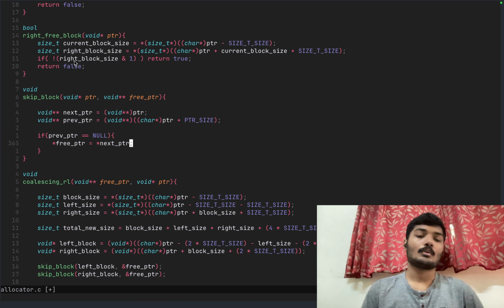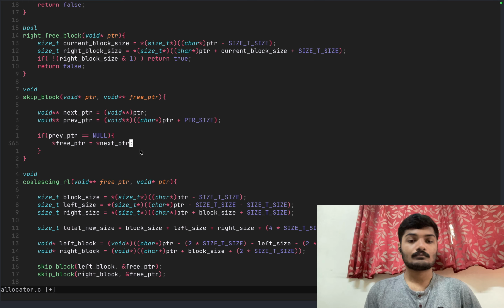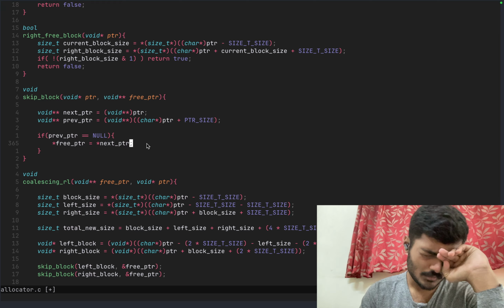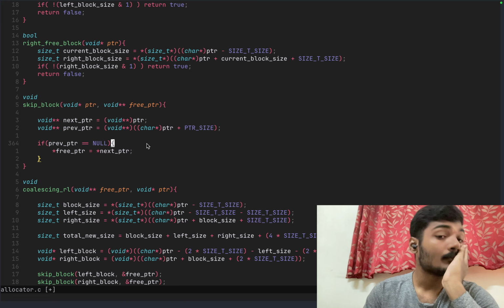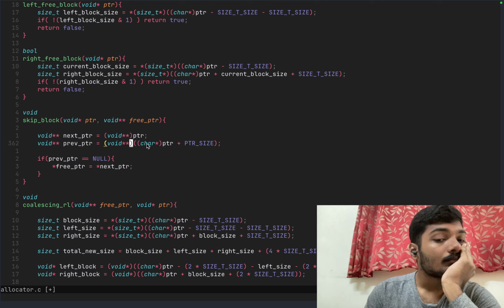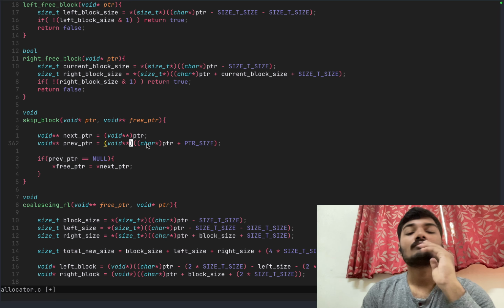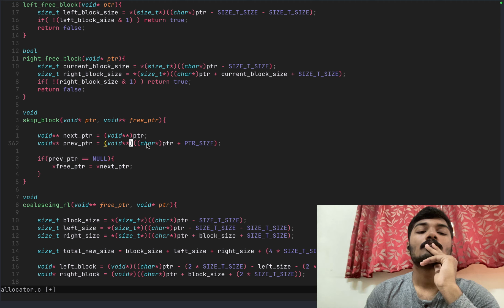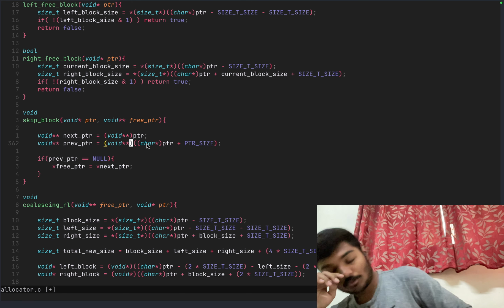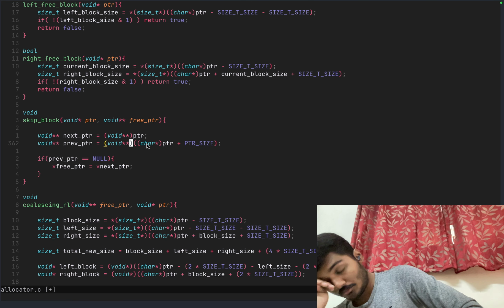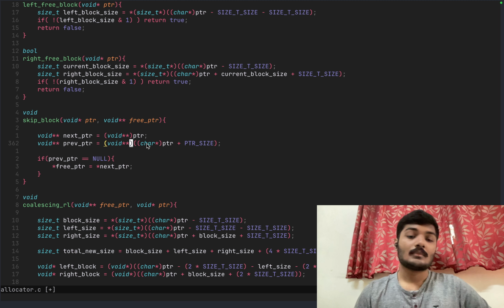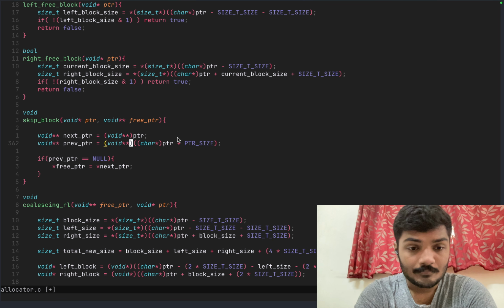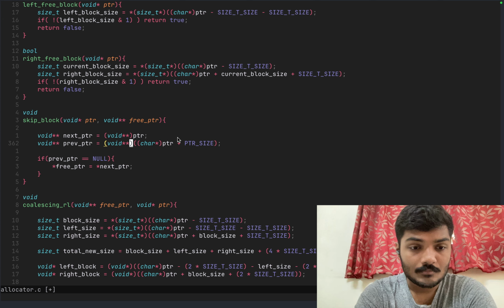So now free pointer points to next pointer, and I should also change the previous pointer of the next block, right? Okay. Previous pointer is equal to, I should also change if the next pointer needs to be, mm,